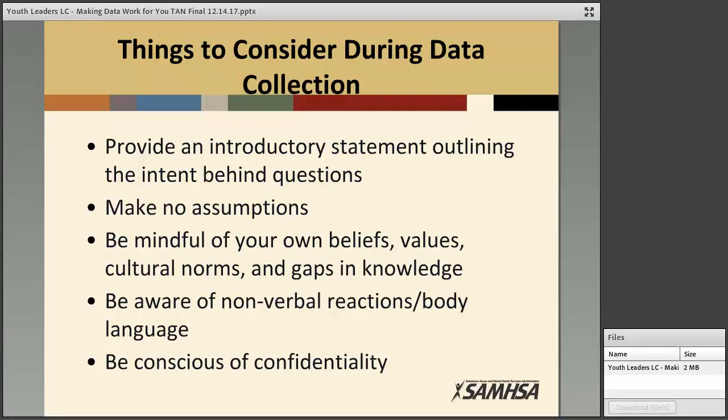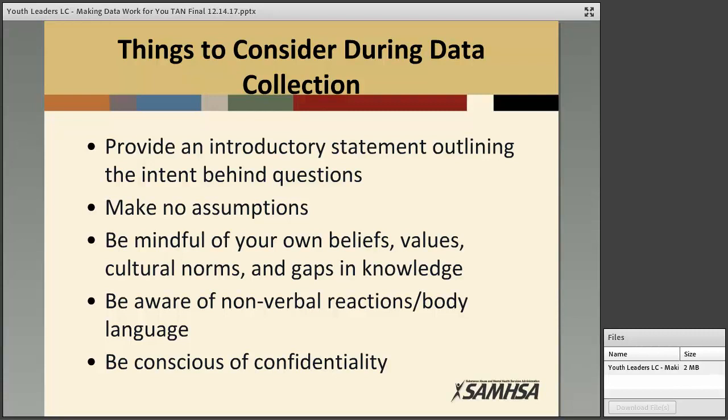This goes hand in hand with being mindful of nonverbal communication like body language. Youth are very, very perceptive and can feel a person's discomfort. So if you notice that you have a body reflex or reaction to something that a young person says, for example, if youth were to disclose information about drug and alcohol use, it's best to just acknowledge it. You might say, whoa, sorry I reacted that way. I wasn't really expecting you to say that, but I want you to know it's okay, and I'm comfortable discussing